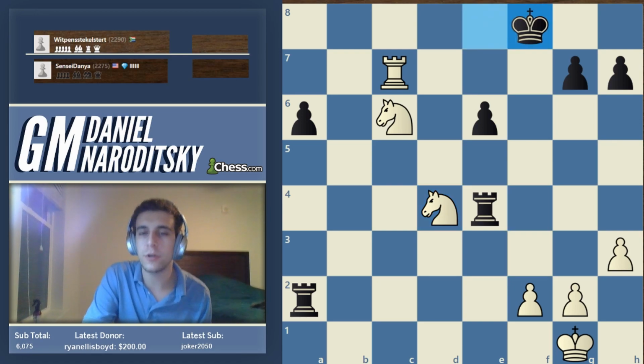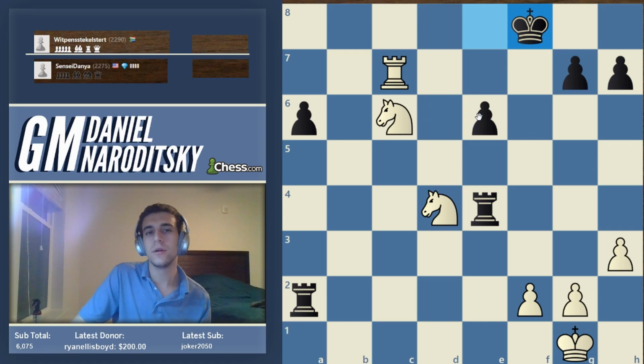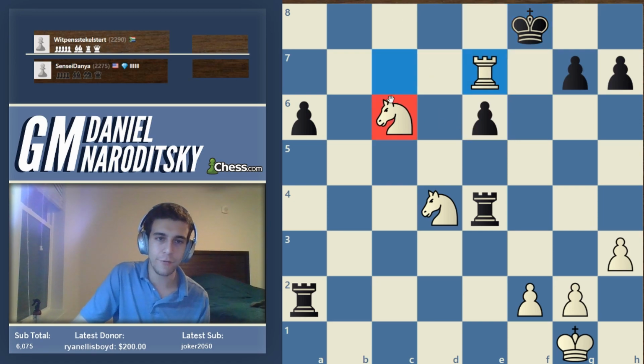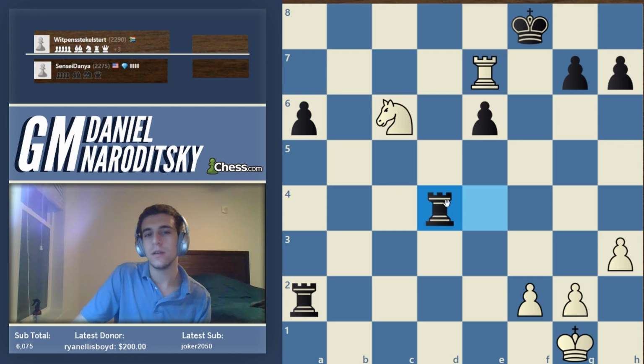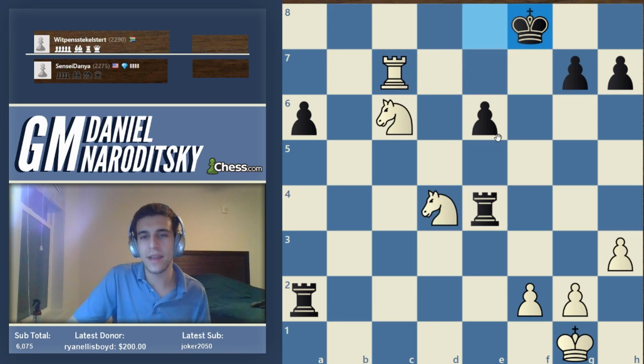So I checked the computer. I now know what the best move was. And the best move was to go after this e-pawn, which I did. But I did it in the wrong way. I forgot that this knight was now overloaded. This knight is classic overloaded, defending 2 things at once. And he takes on d4. And instead, I had a tactical way of going after this pawn,